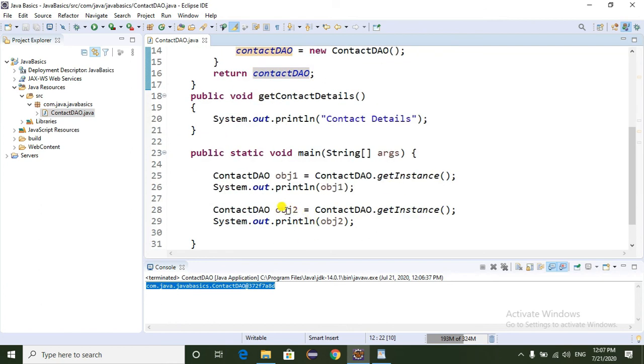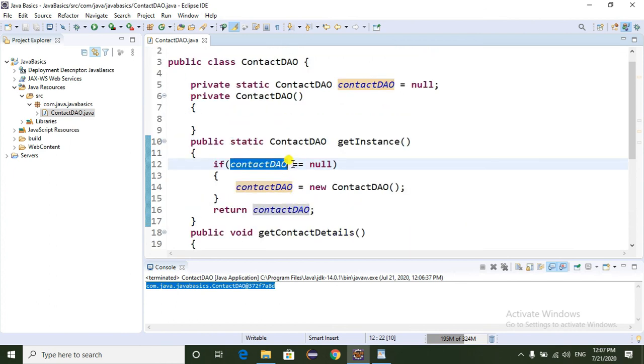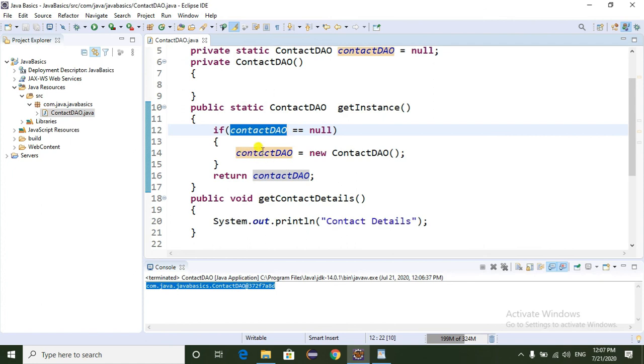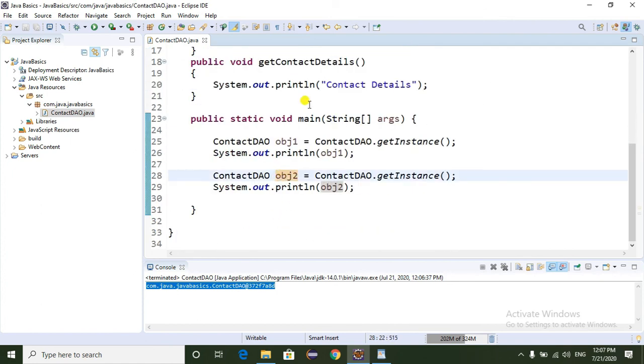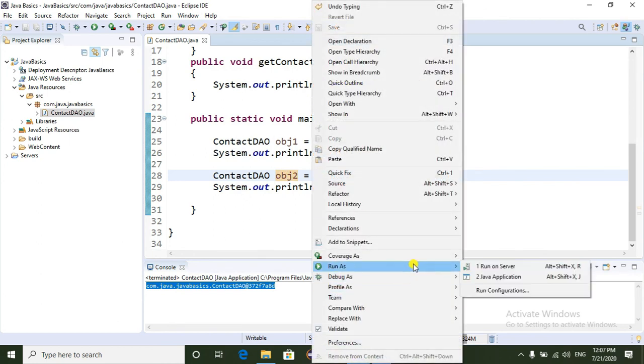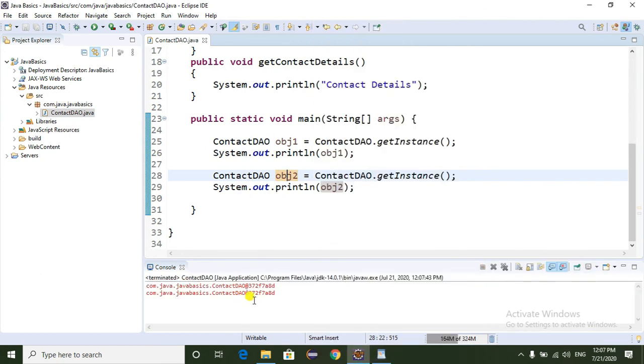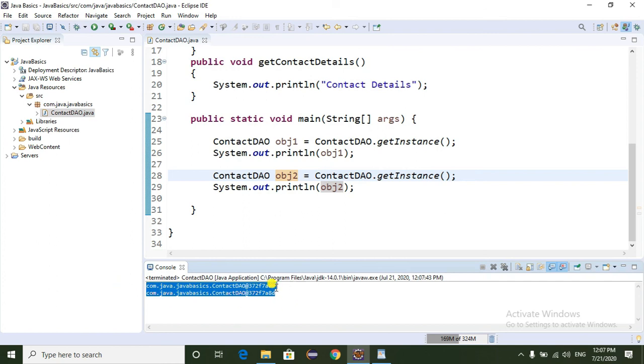Here we are creating the object the second time. This condition fails because the Contact object is already created. That's why it returns the same object the second time also. If I run the same program, it returns the same object. Whenever we create a new object, it returns the same object.